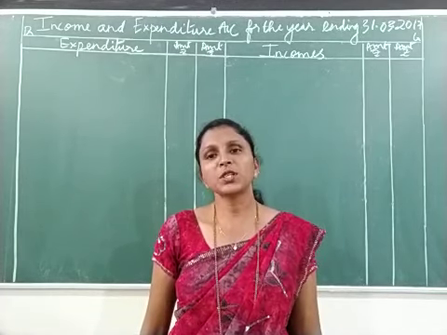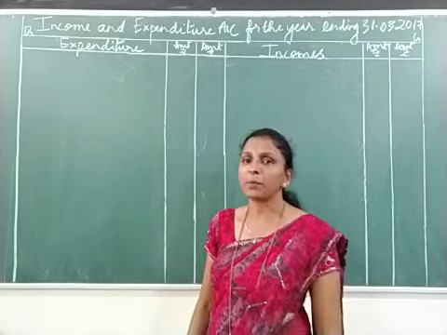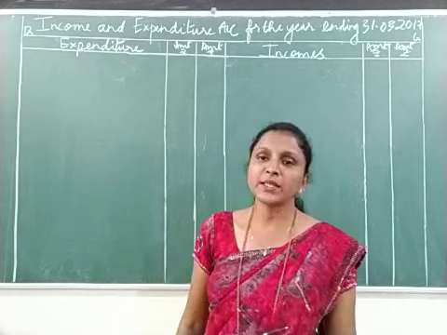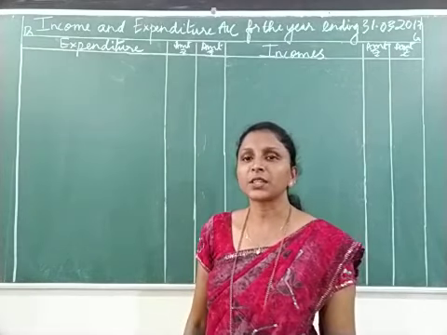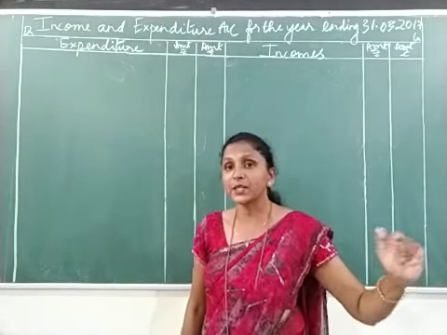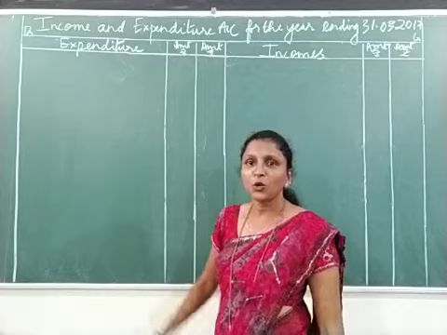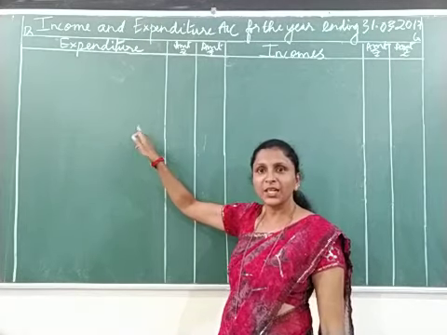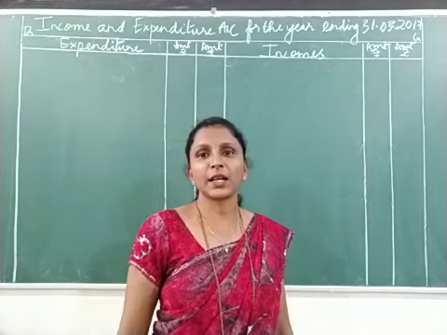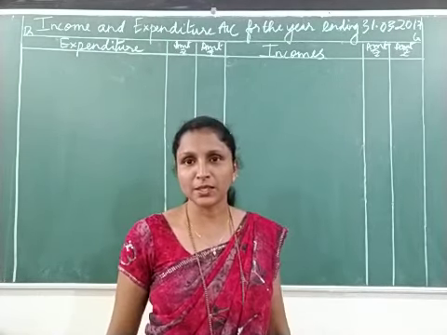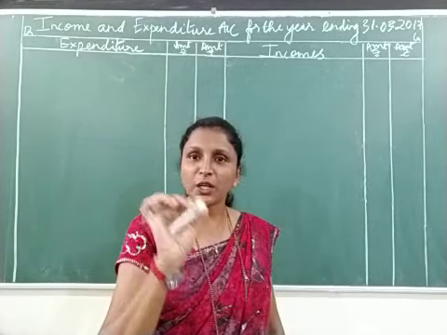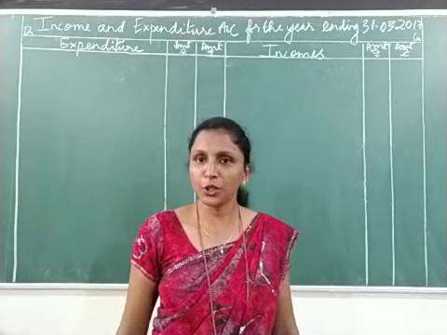See there, what's the first item given on the receipts side? The first item is to balance brought down. They have given the amount 7,300. It is the opening balance of the receipts and payments account. What we said about the income and expenditure account is that it does not start with any opening balance. So we are not taking that item because it is the opening balance. If you have a pen or pencil with you, put a small wrong mark there because we are not taking that item. Hope you understood.